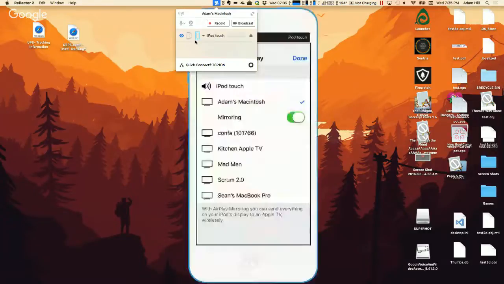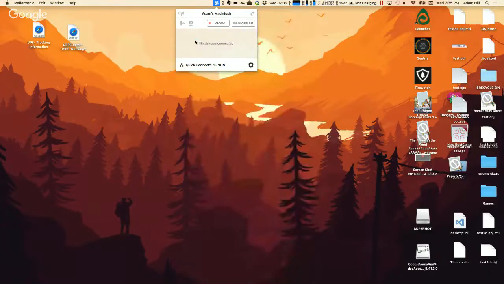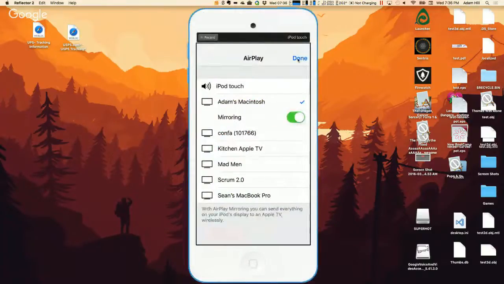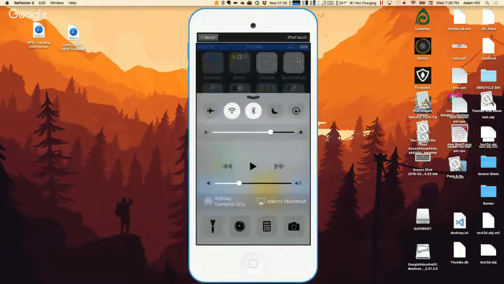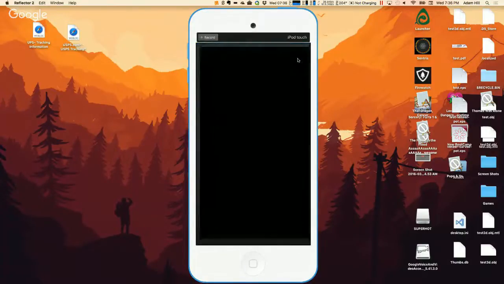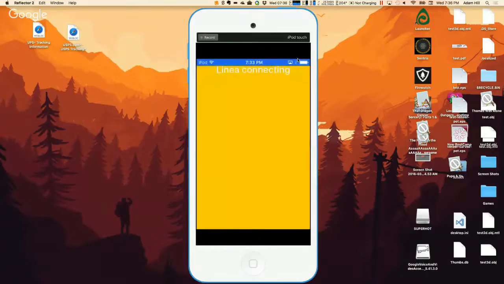Let me toggle mirroring. Oh, there it was. Okay. There we go. Yay. Just have to toggle mirroring. Here we go. All right. So,